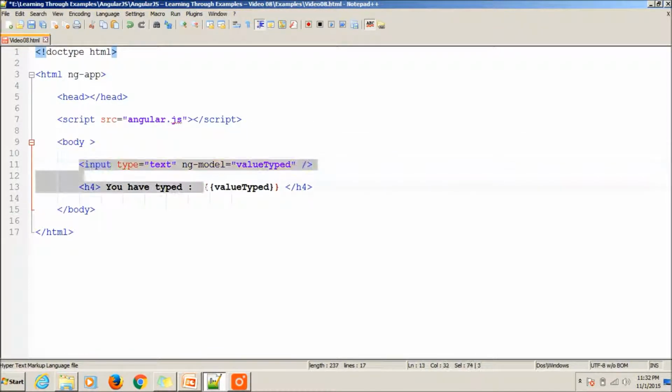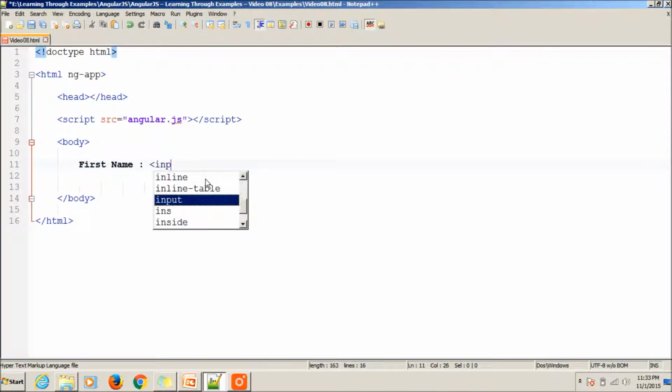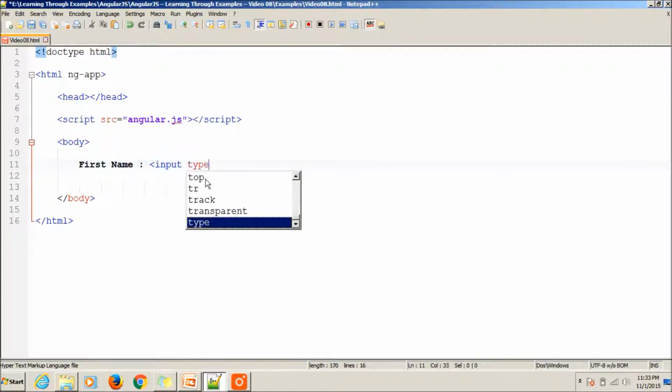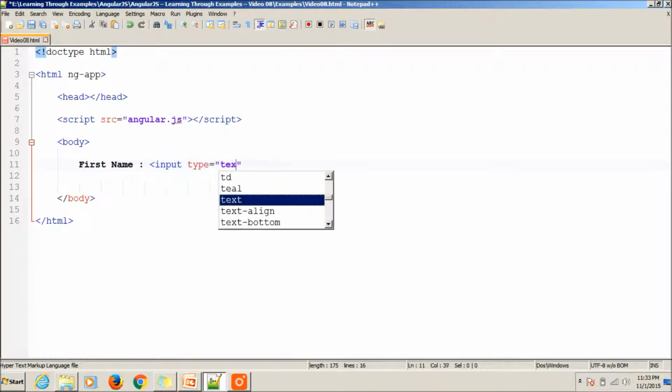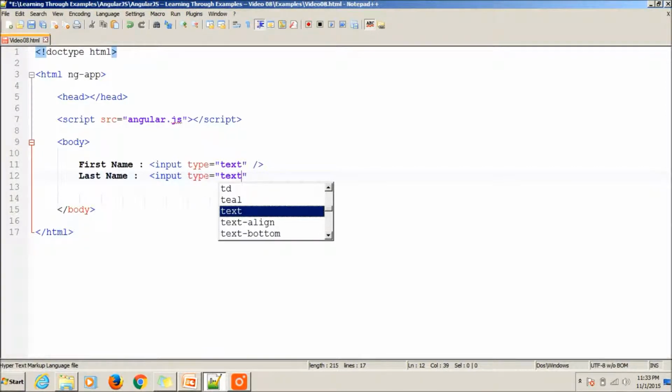Let me remove what I have written. Yeah, now it's fully empty. Yes, this looks good. So I will say first name equals to input type equals to text, right? And I'll say last name equals to input type text,